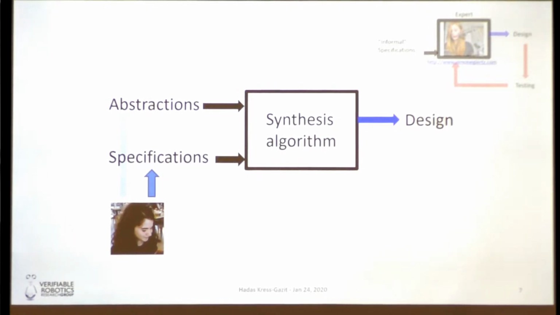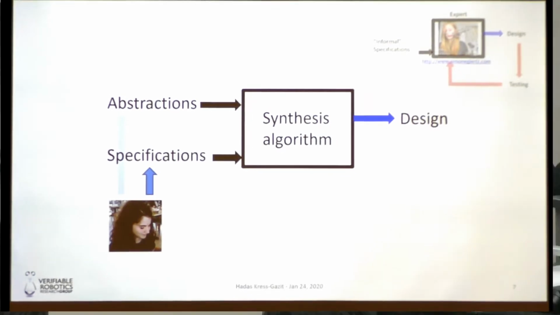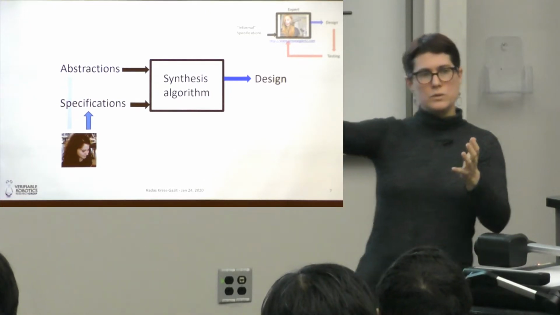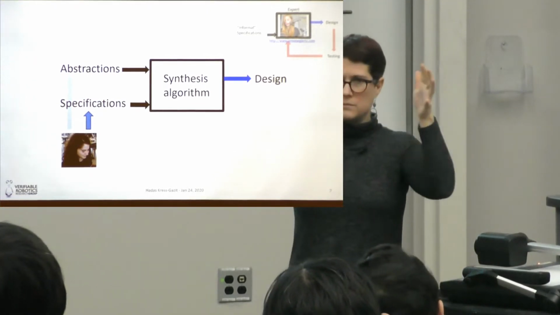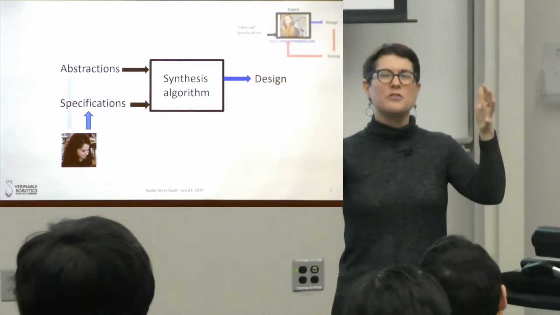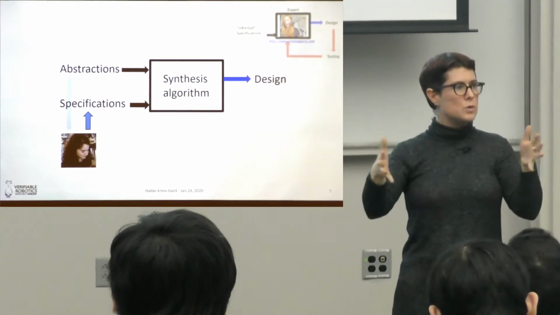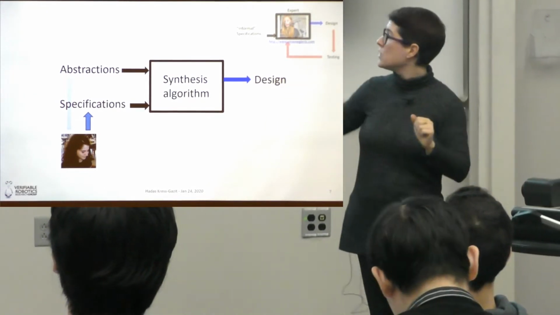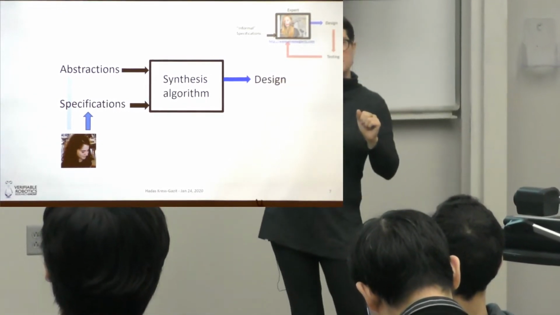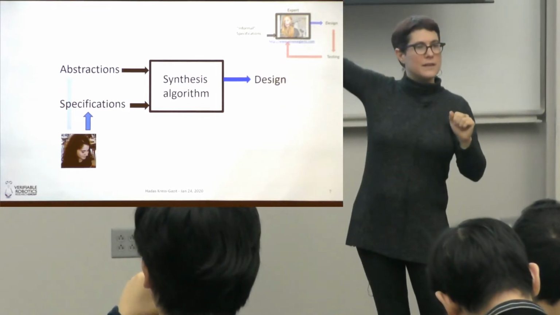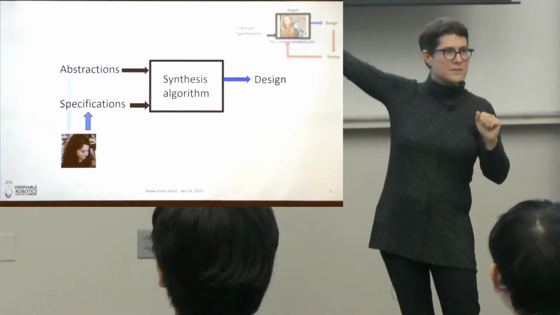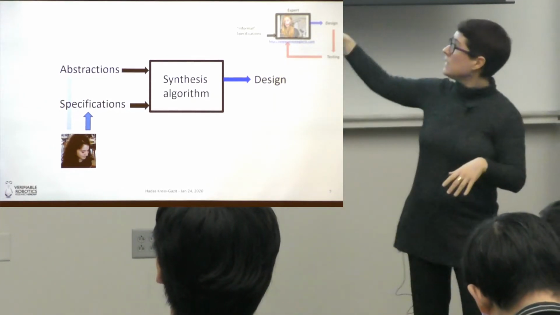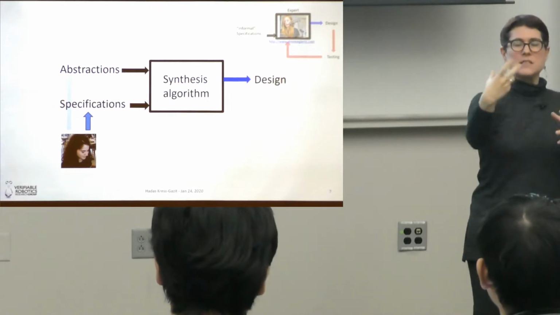I have specifications, which tell me what I want the system to do, what I want the robot to do, and so on. I'm going to run it through some, I'm not going to call it a black box because it's never going to be really a black box, but some automated process that automatically generates the design. So now I can go from an expert designer to my lovely high school student, specifically my daughter, who is very smart but not an expert. And what she could do now is provide mainly the specifications.